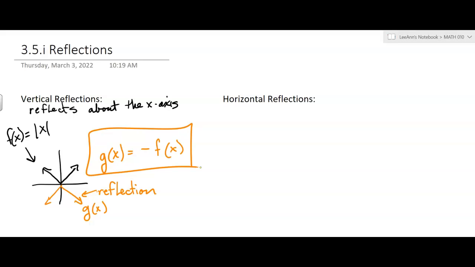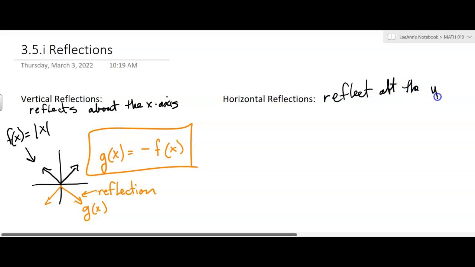Okay, a horizontal reflection, that's going to reflect about, that's the abbreviation for about, the y-axis. Math teachers do a lot of abbreviations. Okay, so let's say we have that is the cubed root function, right? Okay, so say this is f of x,